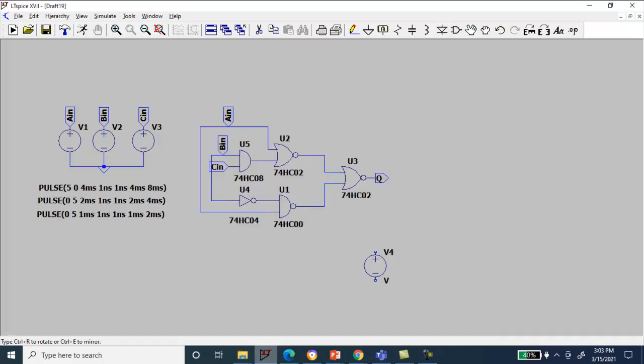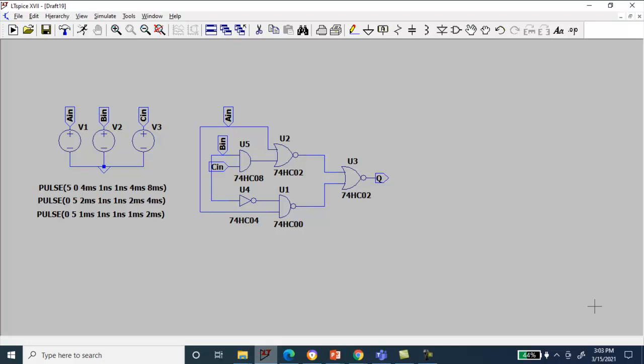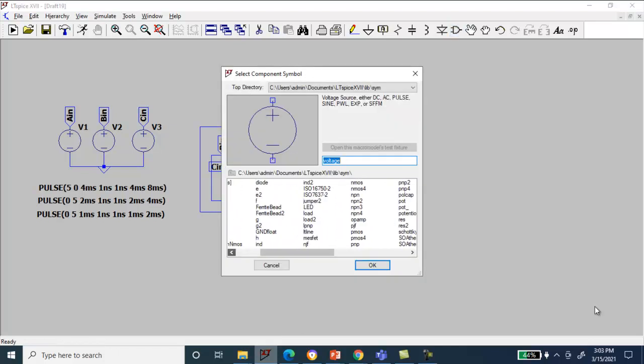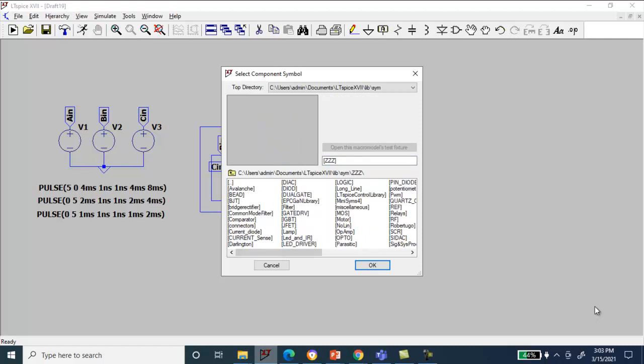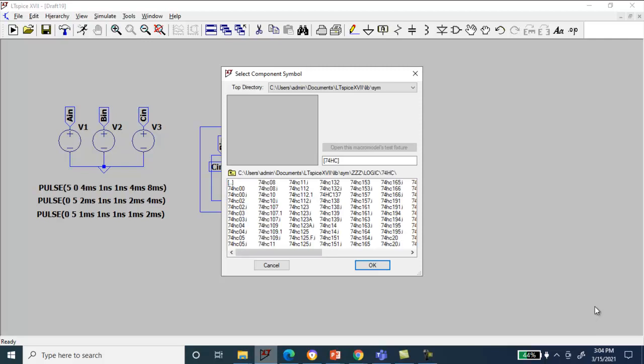Shall I copy this AND gate? Sorry, this is my AND. Let me pick up. Okay, go for the triplet folder again, logic, 74HC04, one NOT gate also I need.